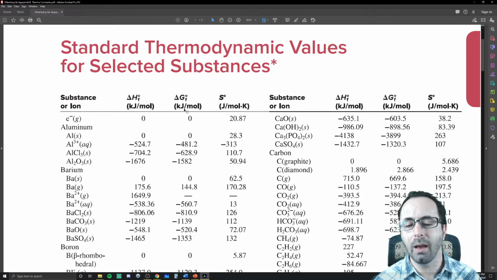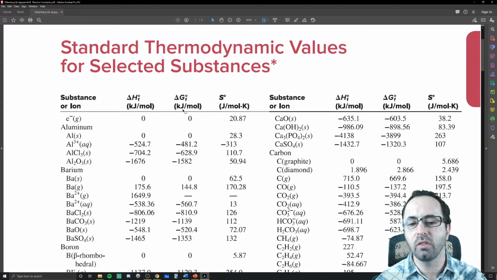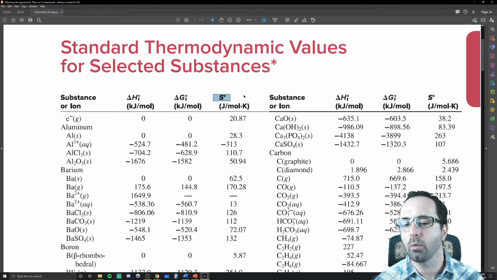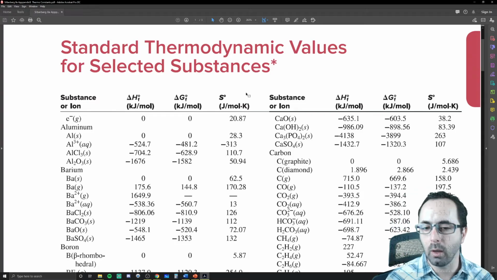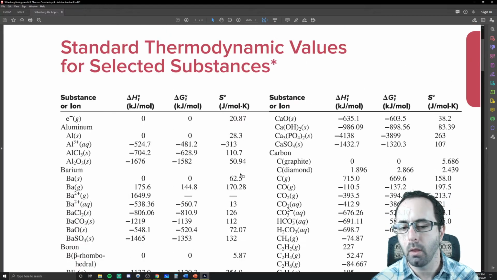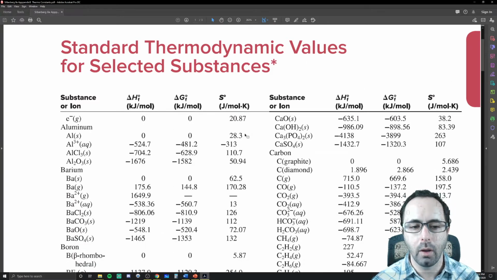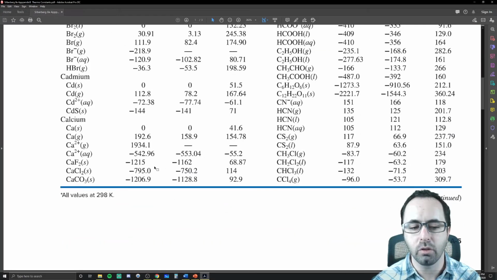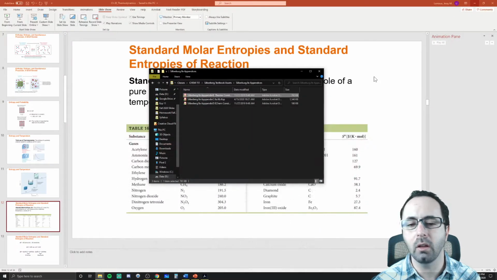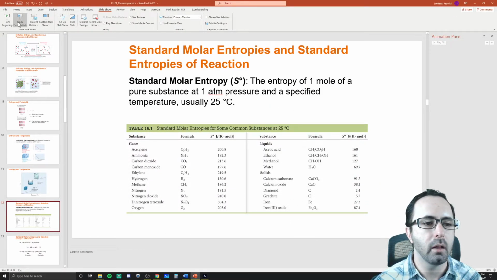It's again because we have to define these relative to something else, whereas entropy doesn't have this F on the table, and it's not a delta because we define entropy relative to 0 entropy, and there is a 0 entropy. And notice none of these are going to have 0 entropy. Why? It's because you can only have 0 entropy at 0 Kelvin, but these temperatures are at 298 Kelvin. And so none of these entropies will be 0, even though enthalpies of formation and delta G's of formation can be 0. And we'll talk about that as we get to delta G in more detail later. But that's just a distinction there.